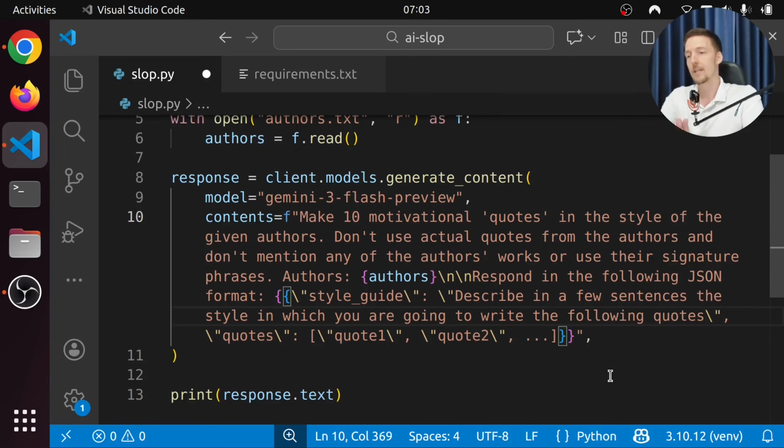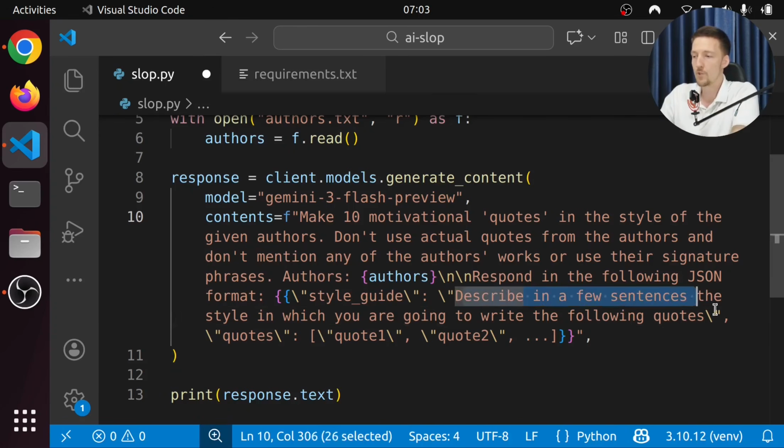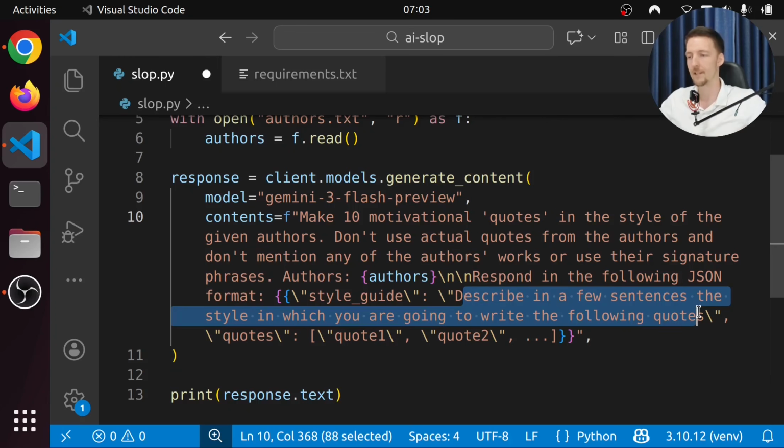Because normally, if you just ask Gemini or ChatGPT to do something, it will usually talk some crap in the beginning. Just, okay, I'm going to write in this style and that style, and then it's going to do the actual thing after that. And I believe it's actually trained to do that, and it works better when it thinks about what it's going to do next. Even though we're not going to use this part for anything, it just helps it generate better responses.